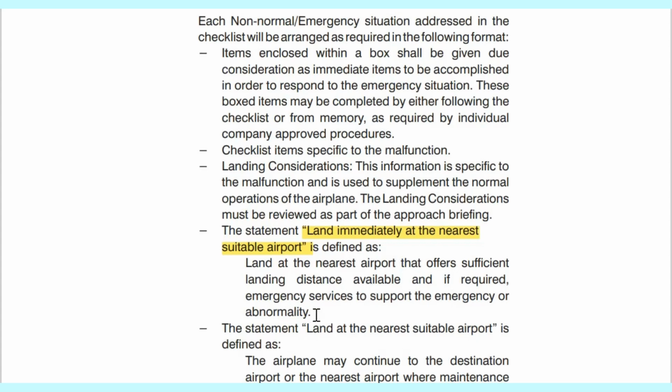Okay, at the nearest. So that's very important, and the immediately part is very important, because immediately here means that if you have departed, then you have to come back and land at that particular airport, because that's exactly the nearest airport you have. If you've departed from an airport, okay, you've just taken off and you face an emergency which dictates you to land immediately, it means that you have to come back. Okay, that's as easy and as simple to understand as it is.